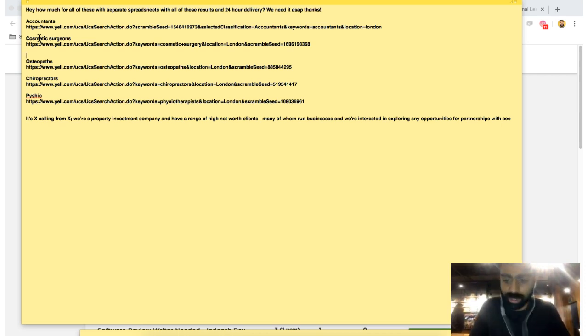Now, the interesting thing with accountants is that they are kind of 2 to 3-fold. Number one, the accountant themselves might be interested in getting their property investments done for them effortlessly. Number two, they might have clients that would want the same thing. And then number three, we can actually refer them businesses that are in need of potentially accounting services, because we are working with high net worth individuals, which lends itself to, some of the time, entrepreneurs or people that are in need of their accounts managed. So that's where the accountant element of it comes in.